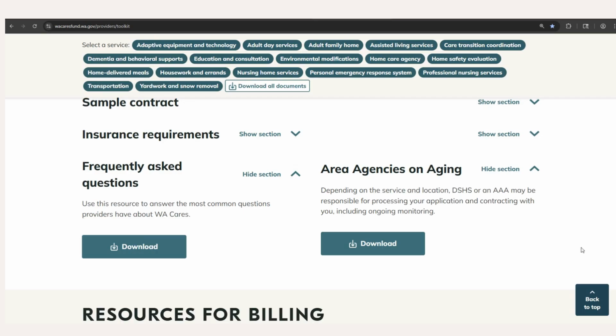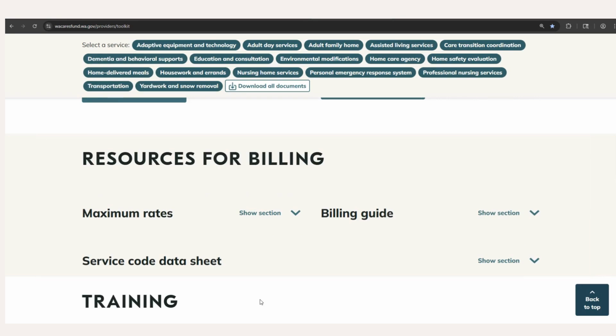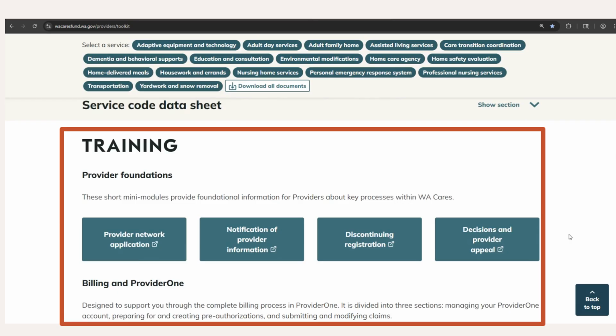The next section has resources for billing for services for registered providers. And finally, there is the training section, which contains online trainings to support providers with key processes within the WACARES